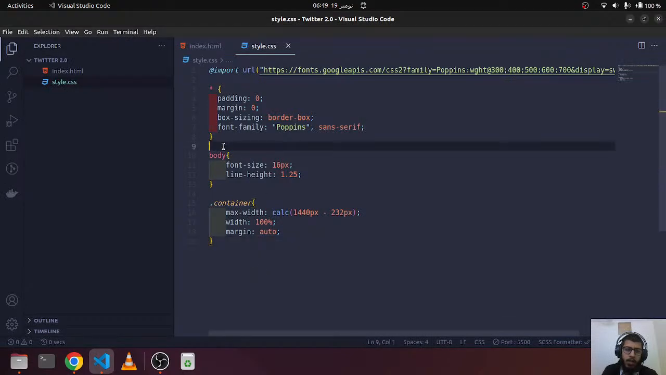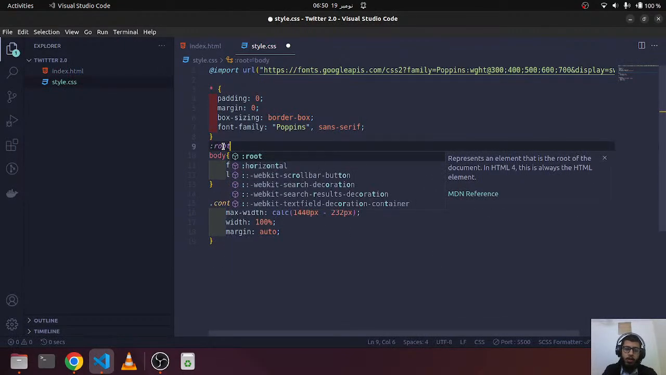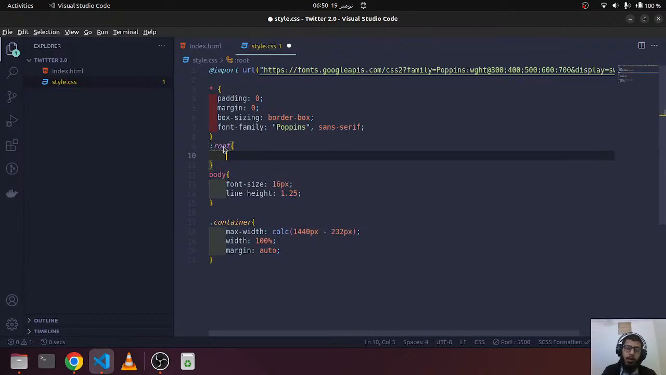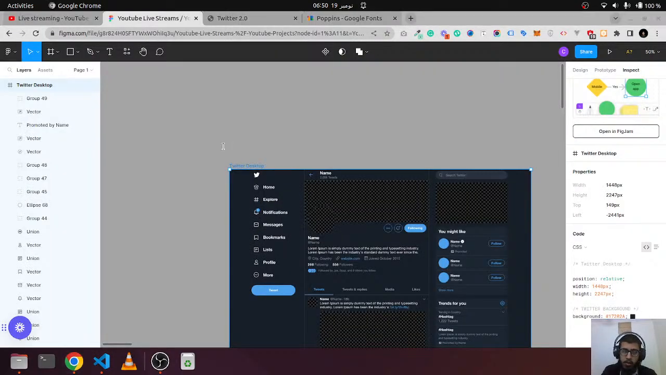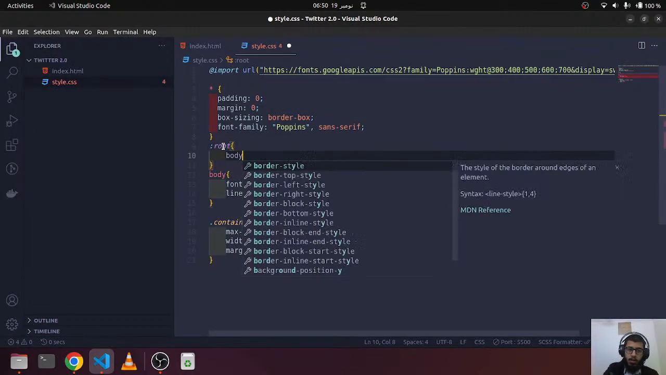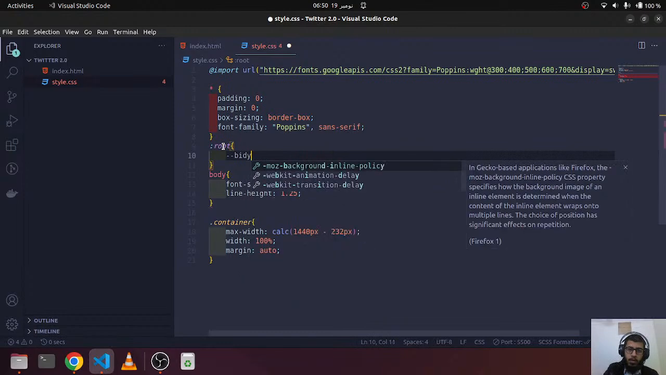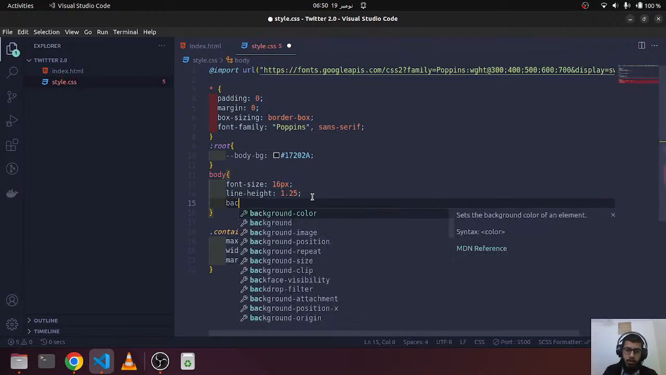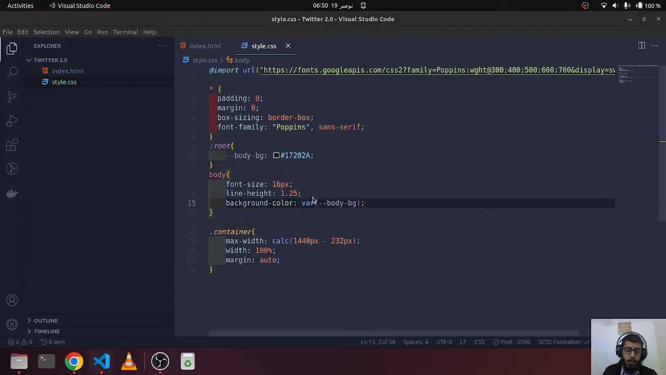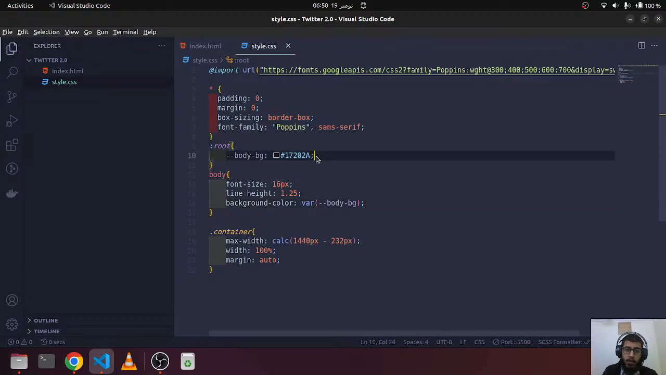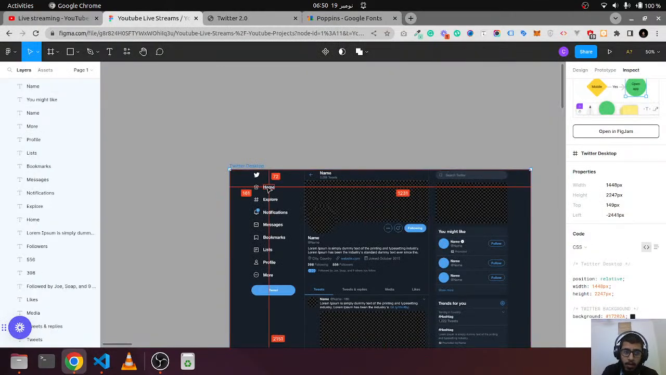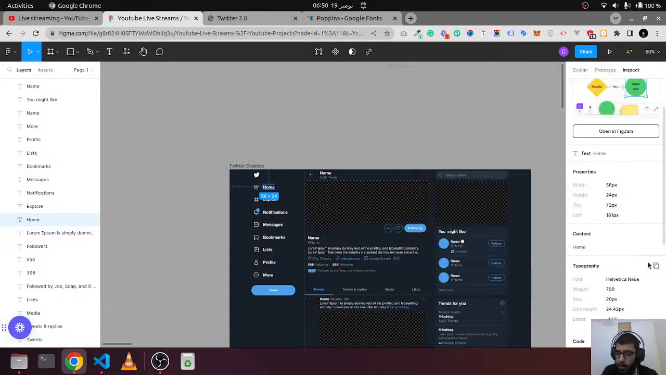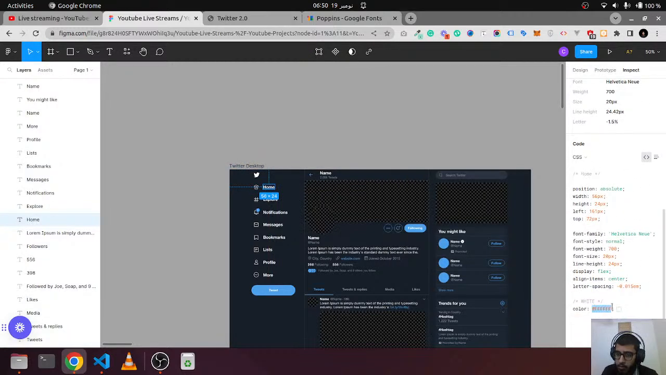I think we should create the variable, so in future if we want to change the colors, we will be able to do that. We can say body bg color is this. So we can say background color should be body bg. Yes, now that's changed. What's our main color? It should be white. Yes, it's white, so we can say that